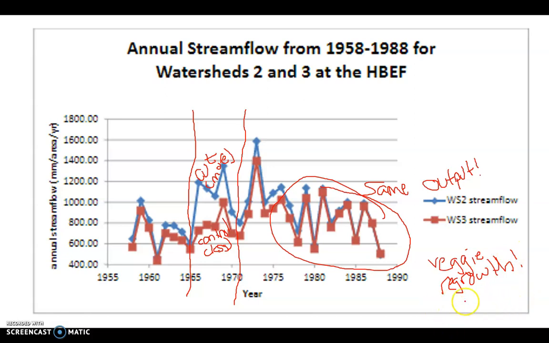That veggie regrowth is once again, in both cases, creating the same evapotranspiration, where the water is getting absorbed up the roots, carried up the trees or the shrubberies, and then completing the water cycle. So we really do see, in this case, a very powerful effect